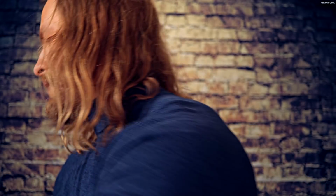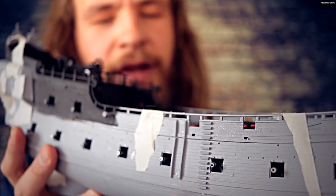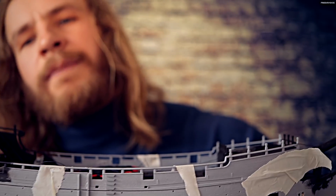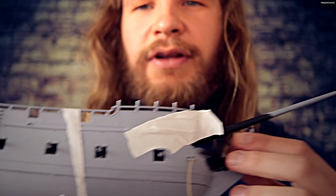But first, would you like to see your home, where you're going to be? Well, this is why I got you. You're the perfect scale, and you're going to be a captain of a ship. This is where your new home is going to be. And this is what I'm currently working on. And you are going to be in command of this ship here. Now there's a lot of work to do in it still. There's the masts and the rigging and the painting and all the cannons and everything, all the little intricate pieces,